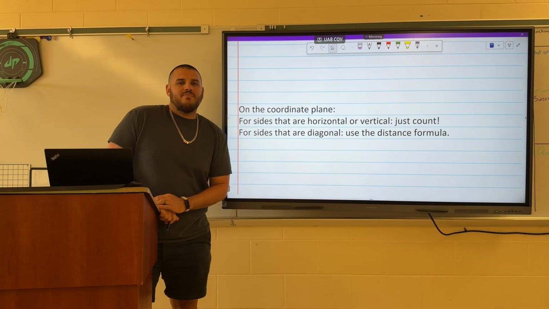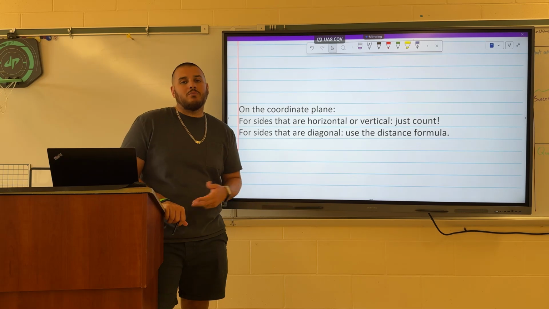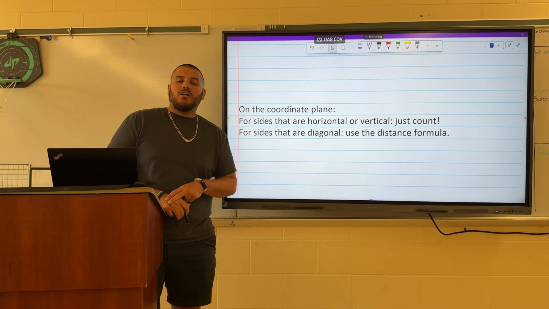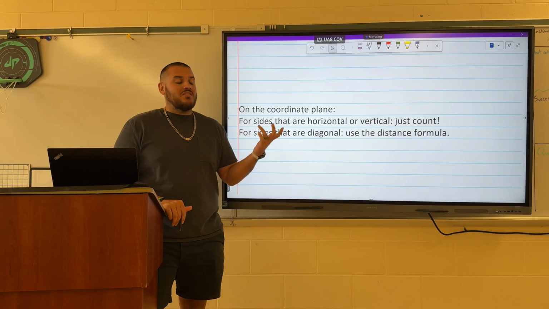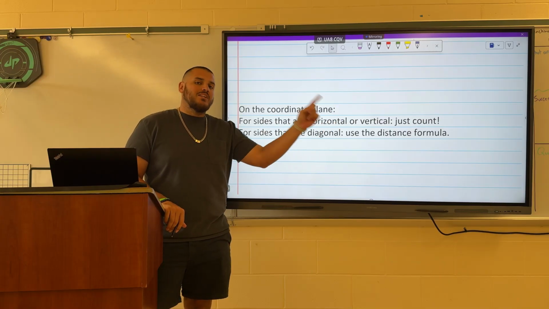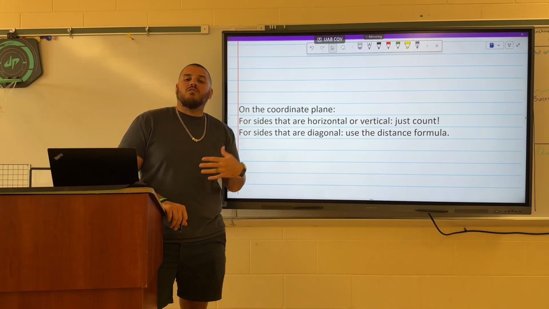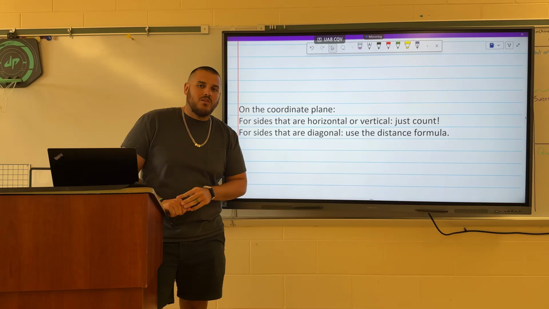for that triangle. The challenge in this lesson is that we're going to have to find perimeters on the coordinate plane. And there's going to be two ways that we're going to do that. One way is going to be to just count, and that's going to be for any sides that are horizontal or vertical, where we can just count with our fingers. For any sides that are not horizontal or vertical, we're going to use the distance formula that we learned in